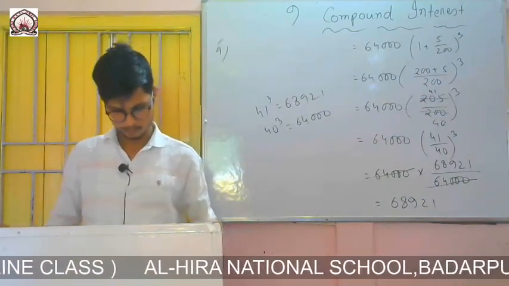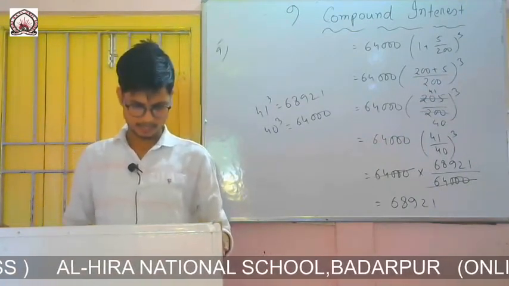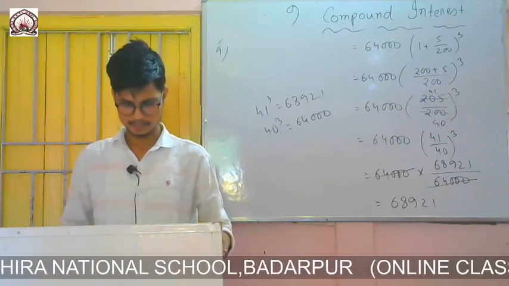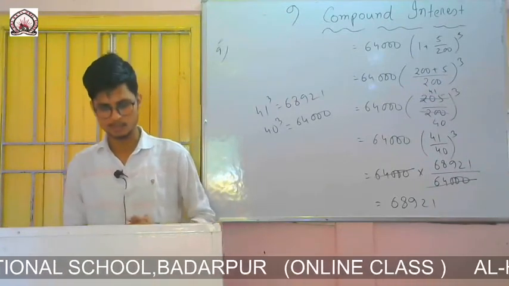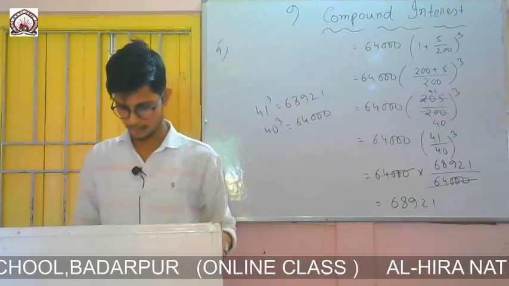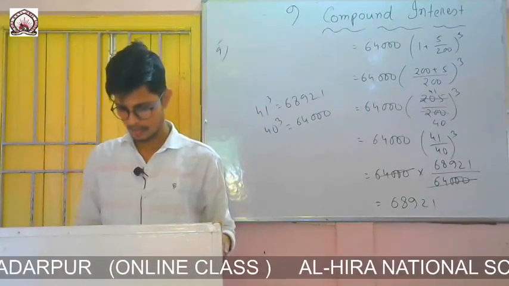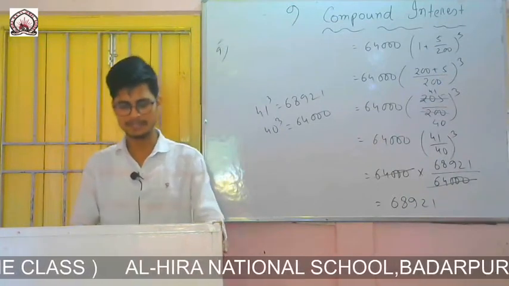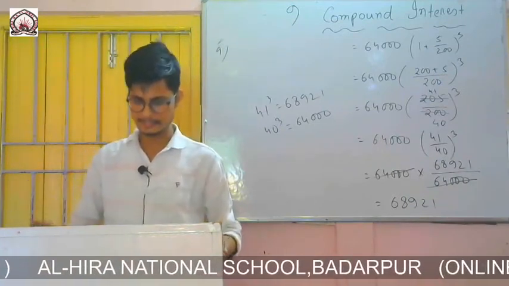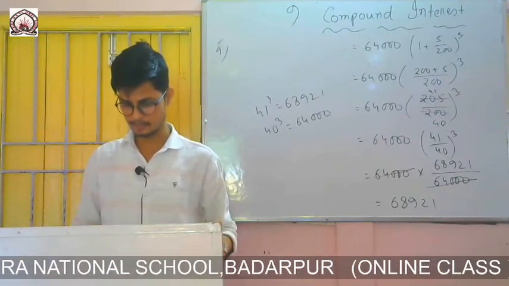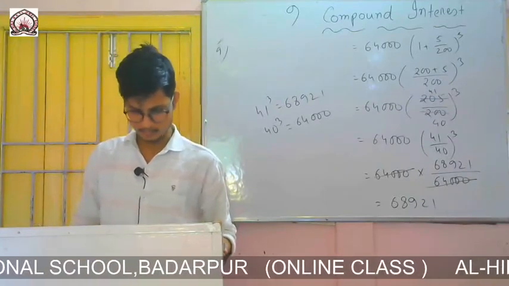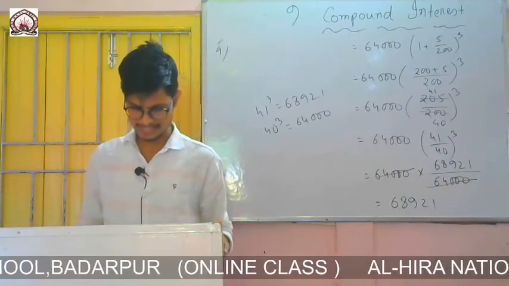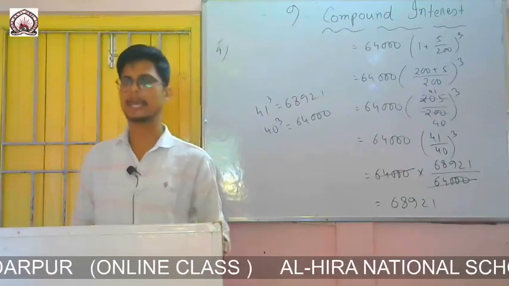Okay, now question number 10. The Nagar Palika of a certain city started a campaign to kill stray dogs, which numbered 1250 in the city. As a result, the population of the stray dogs started decreasing at the rate of 20% per month. Calculate the number of stray dogs in the city 3 months after the campaign started.